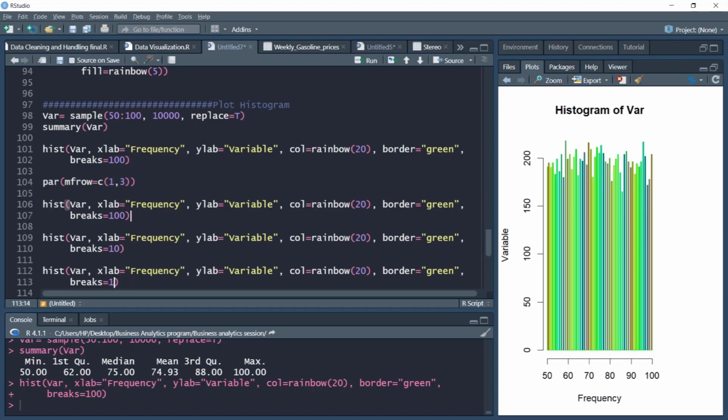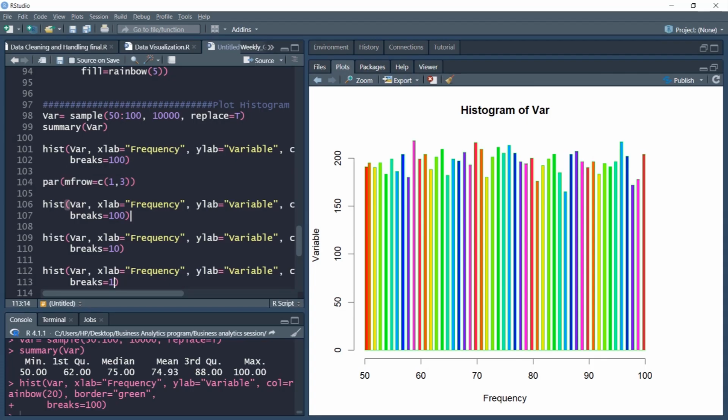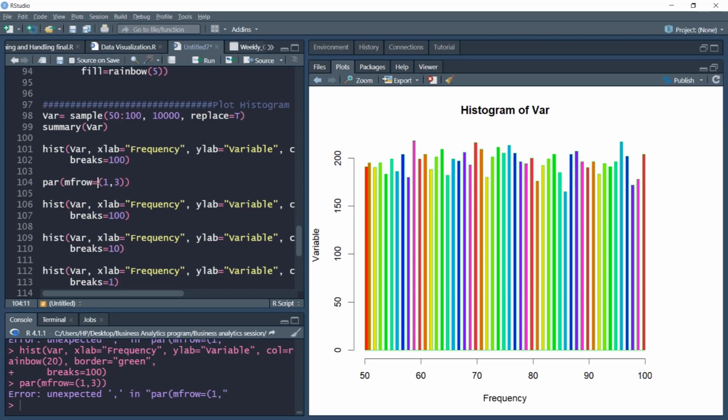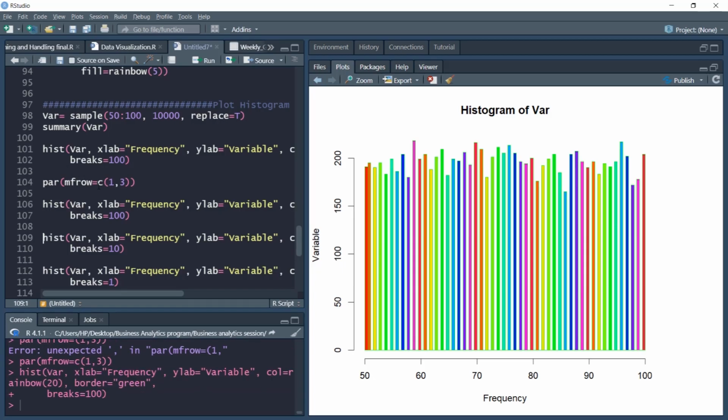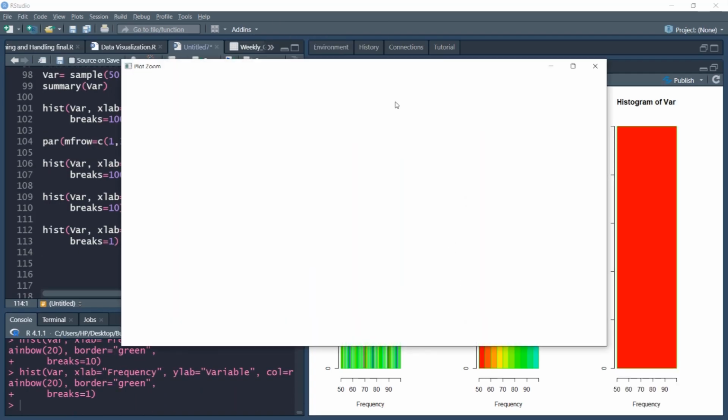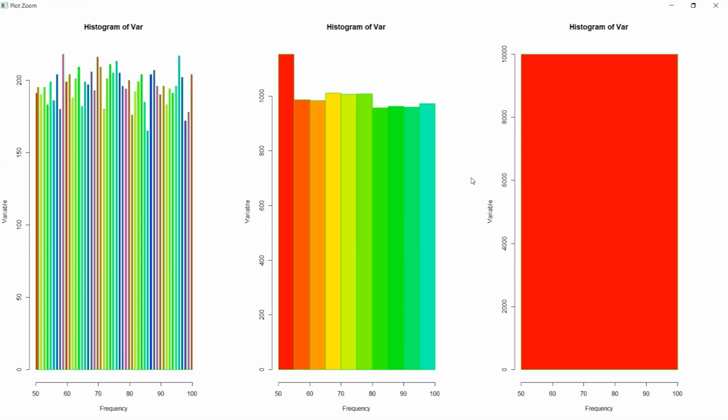I'll just enlarge the plotting window a little bit. par mfrow equal to c, I missed one argument. Now first plot 100, 10 and 1, and notice how the distribution changes as I change the breaks.